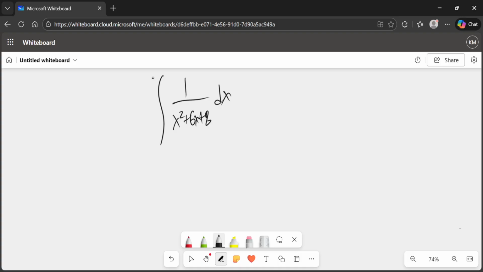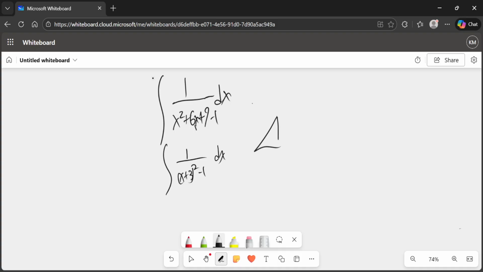So, how do you complete the square again? I think it's this middle, you divide that by 2, b over 2, then you square it. So we need a 9 here, but we only have an 8. So you lie and compensate. You put a 9 here, and then you subtract 1. So then that becomes 1 over x plus 3 squared minus 1 dx,